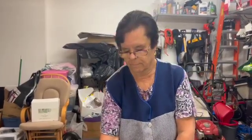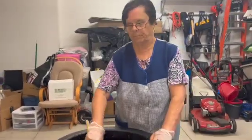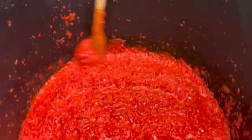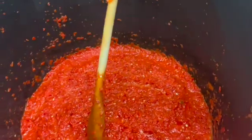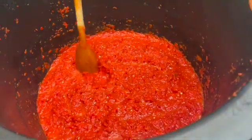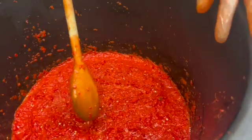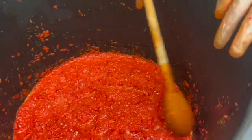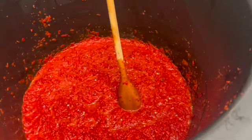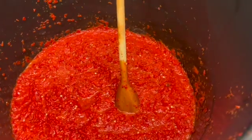So what my mom is saying here is this pepper has been ground up. It will sit in this big pail or bowl here for about 8 days. She's added salt, so for 2 bags or 25 pounds each bag of pepper, she's adding half a kilo of salt. And of course, taste it if you feel it needs a little bit more or a little bit less,